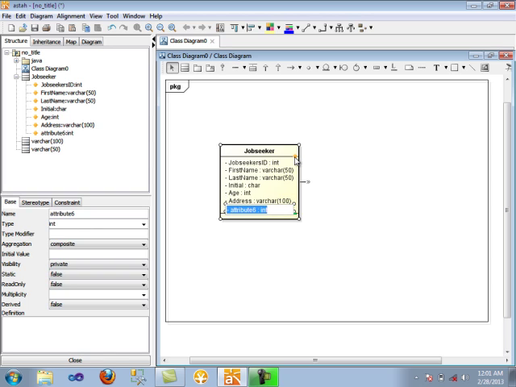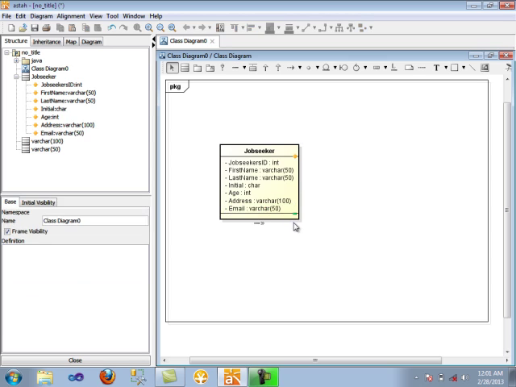Then another attribute, job seeker's email. The email could be varchar 50. So that is the job seekers table.